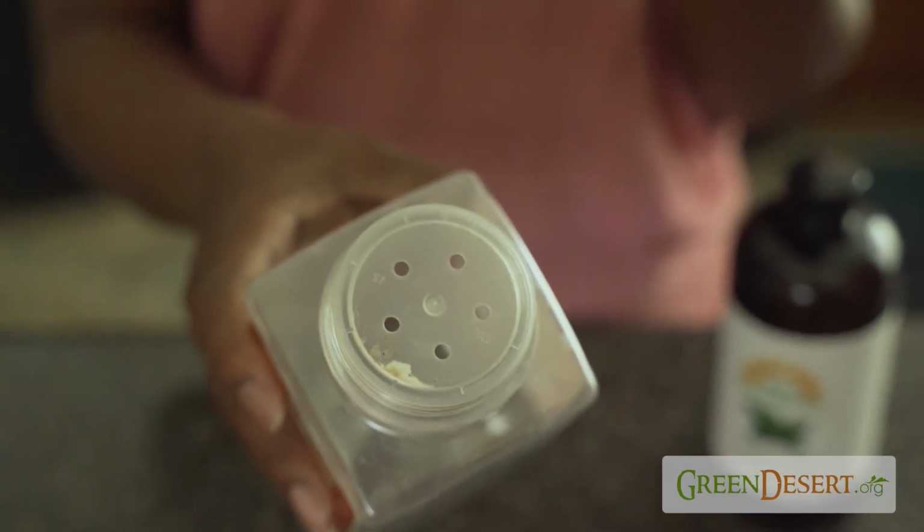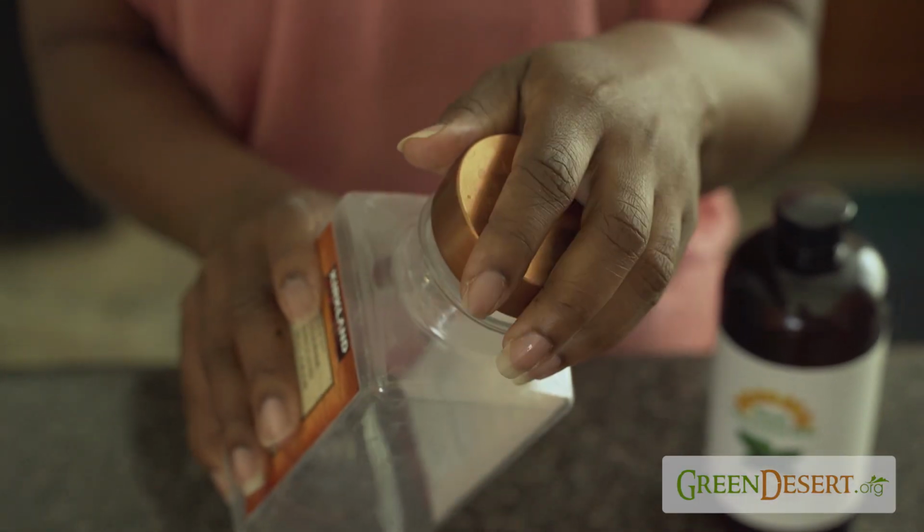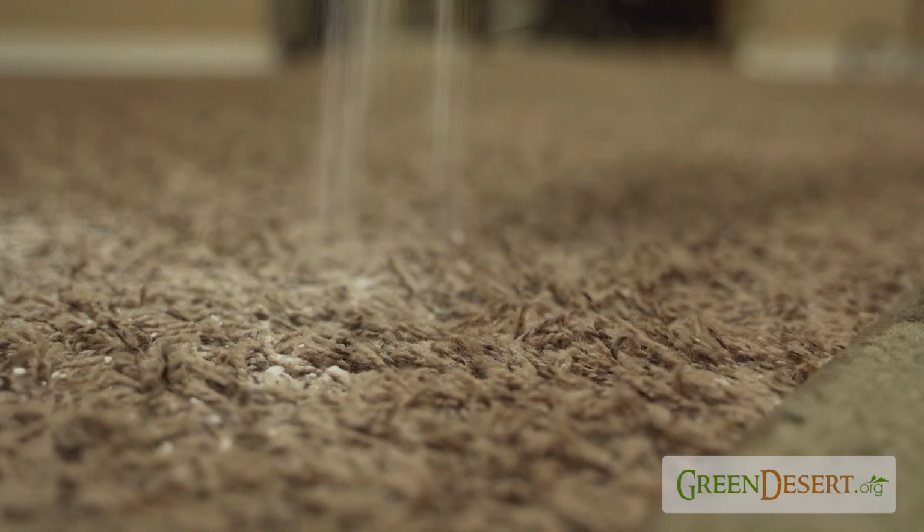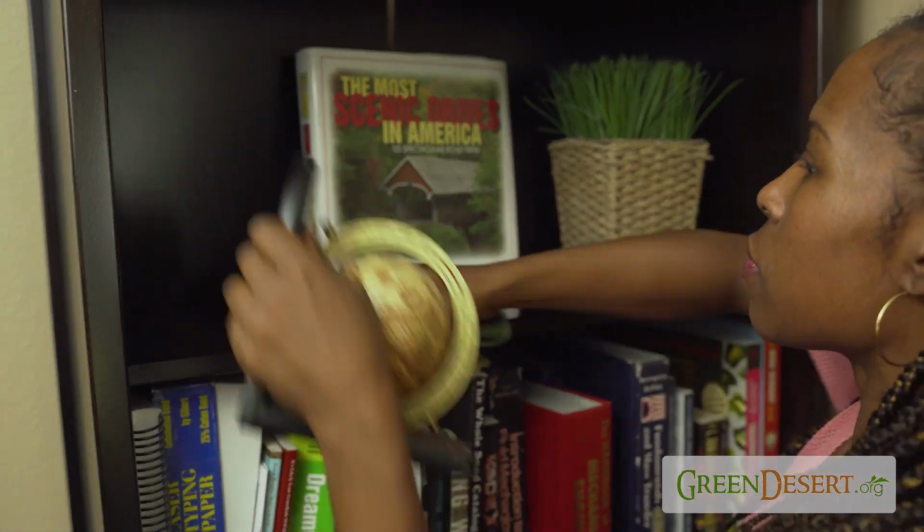I save my seasoning containers because these holes are perfect. I give the mix a good shake, let it sit for 24 hours to settle, and then you're ready to clean. I usually sprinkle the mix on the carpet, then I do my dusting so the mix has a chance